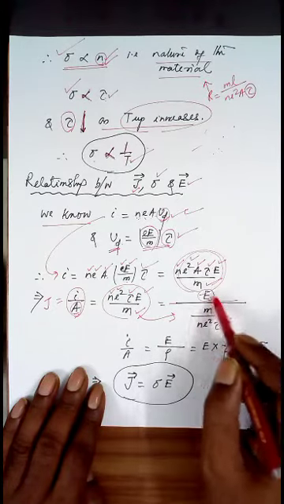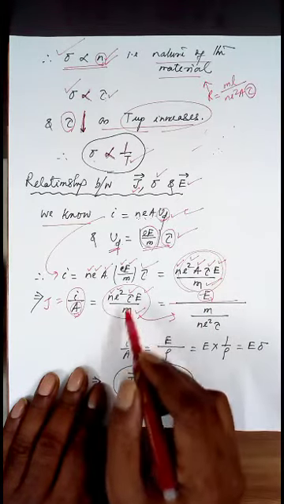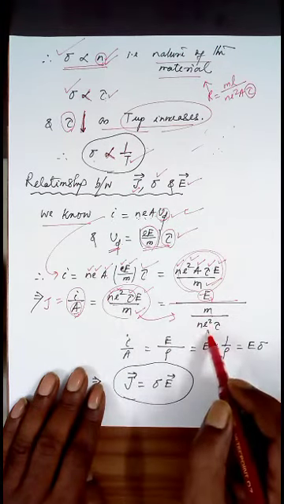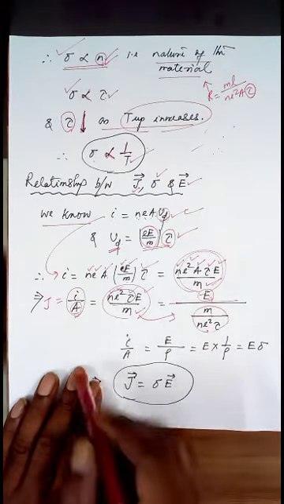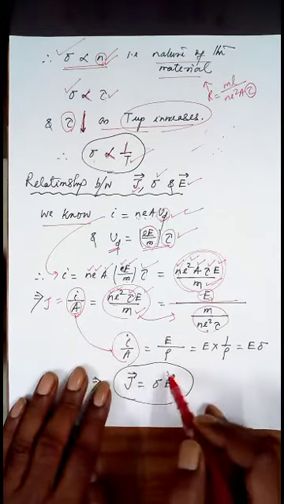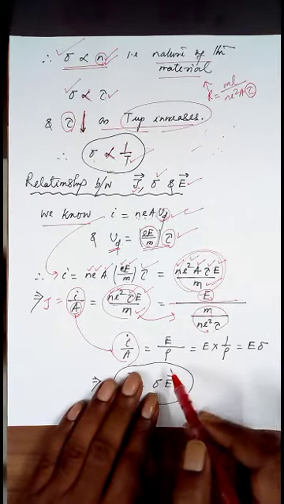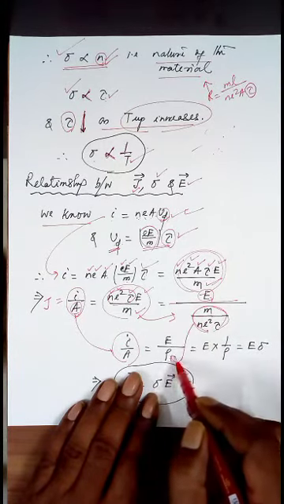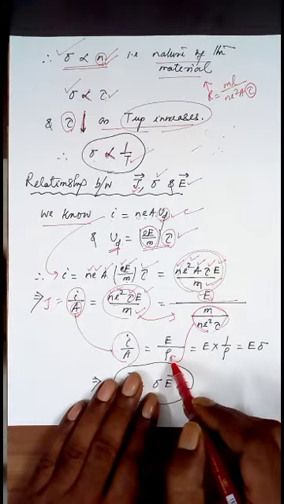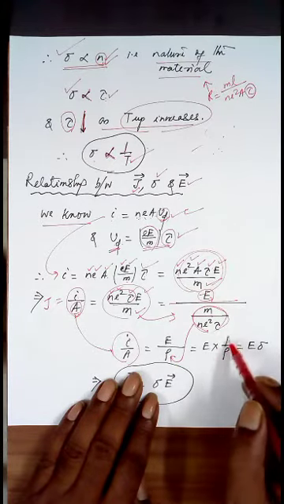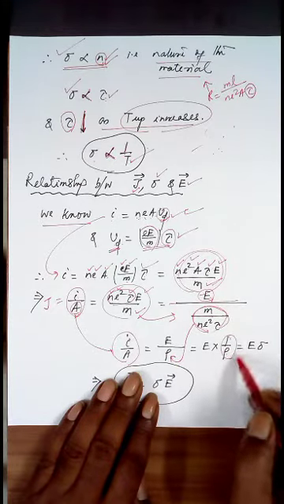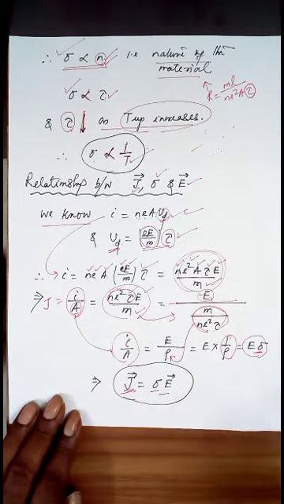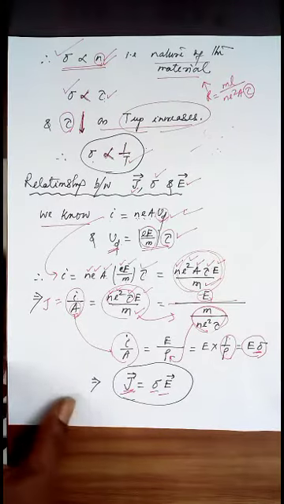Now let us put it in a different form. Capital E, I keep it in the numerator. So n e square tau comes to the denominator. It was multiplied here, so when it comes to the denominator, it's divided. So this is your I over A. Now how much is this? This was equal to your rho, specific resistance, which we discussed in the earlier lesson. So E into 1 by rho, and 1 by rho was defined as sigma, so E sigma. So current density is equal to sigma times the electric field.